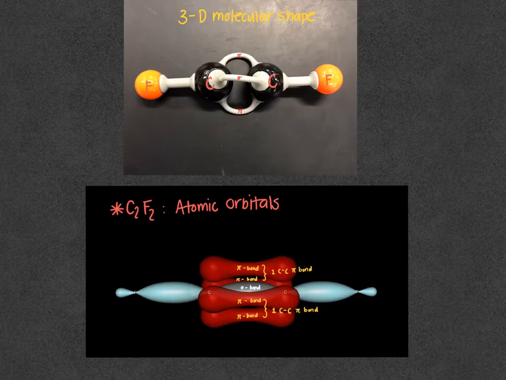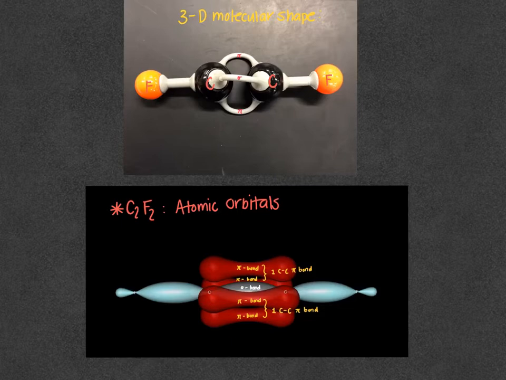There's a pi bond over here, and the second pi bond's right here, and the sigma is in the center region. The 2 fluorine atoms and how they bond to the carbon atoms is represented on the edges. Down below, we use the MolView app to see the atomic orbitals and how they make up the C2F2